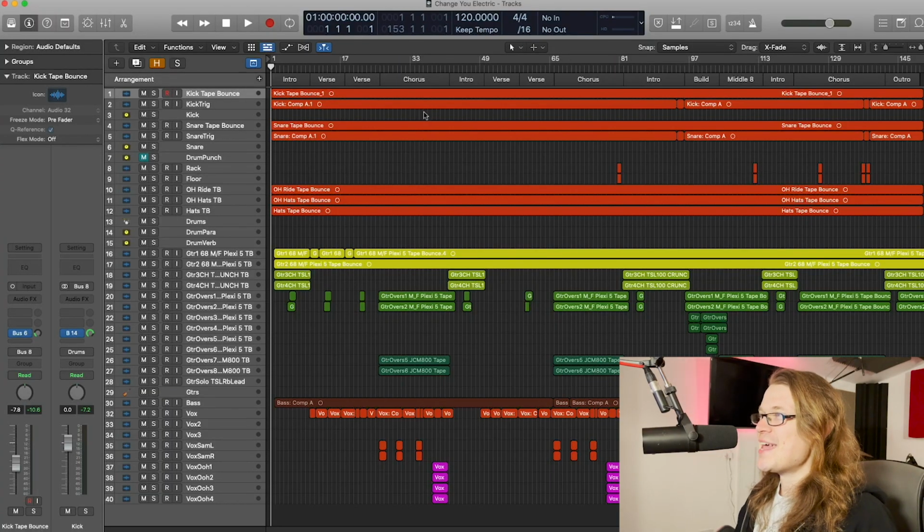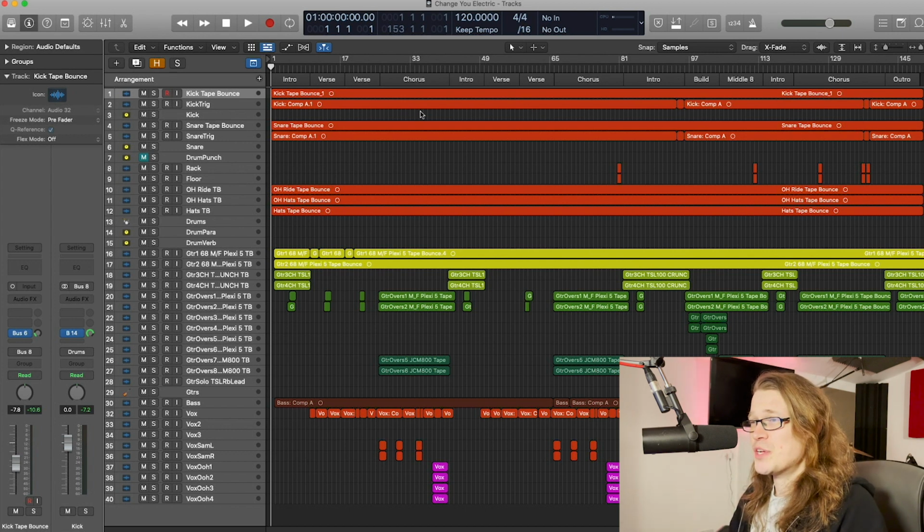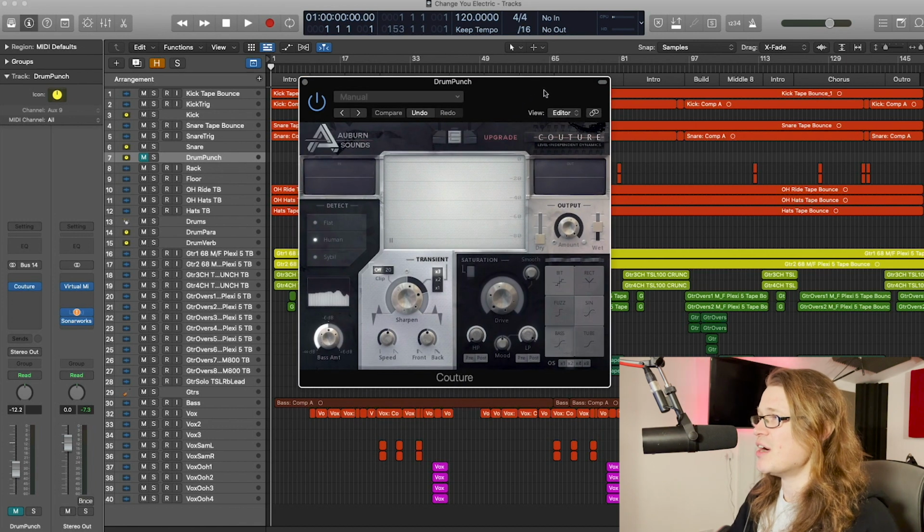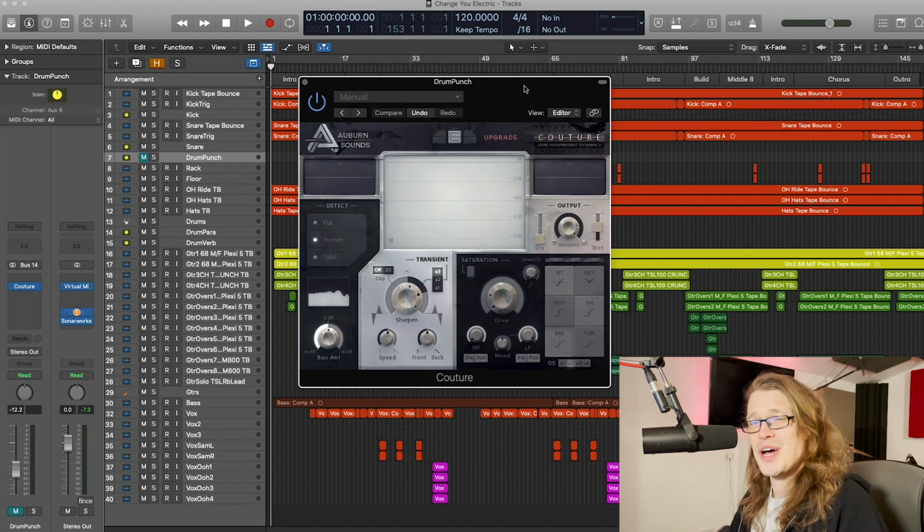Right, so I've got a rock session here. This is from Tommy Loose. This one is called Change You. First off, I'm going to look at some stuff that we can use on a drum bus, which will get us some punch, some parallel stuff, and then I'm going to look at some overall bus stuff and then some individual bits. So first off, I'm going to use this Transient Designer, Couture,